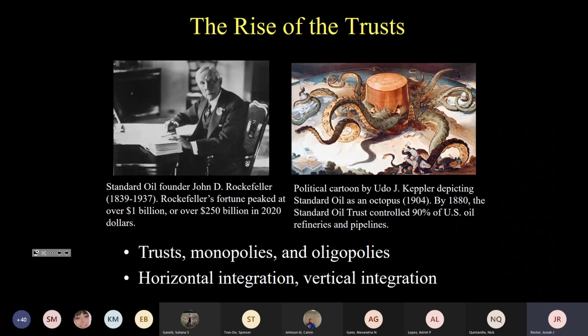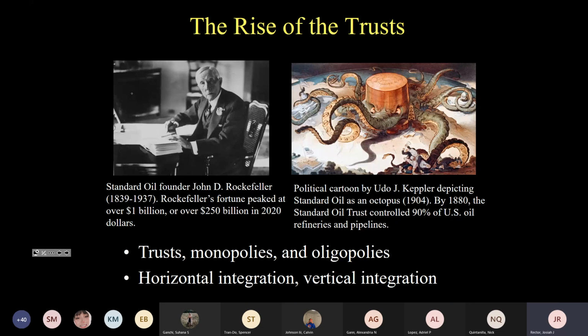But Rockefeller pioneers sort of modern monopoly, trust, horizontal and vertical integration. Standard Oil got so big and powerful that Americans became afraid of entities like this. And we could also talk about the Carnegie Steel Trust, JP Morgan's Banking Trust, and numerous others. So through this process of corporate consolidation, you have the emergence of these mega fortunes. So in the case of Rockefeller, by the time he died in 1937, he was worth something close to $250 billion in today's money.